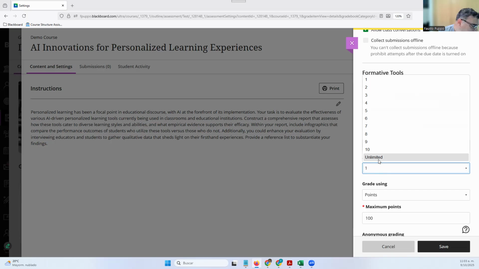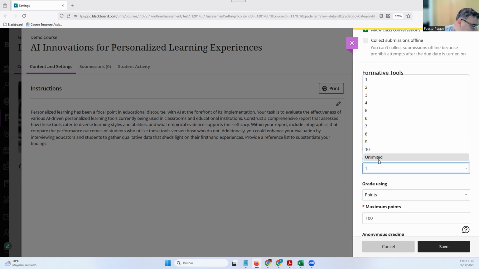So let's say that this is going to be a more demanding assignment, and you would like students to submit 3 times. The first time, it might be the sources that they're going to use and an outline of their work. So they can submit that, and then